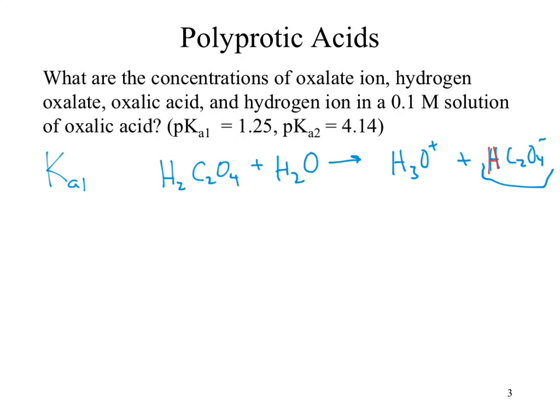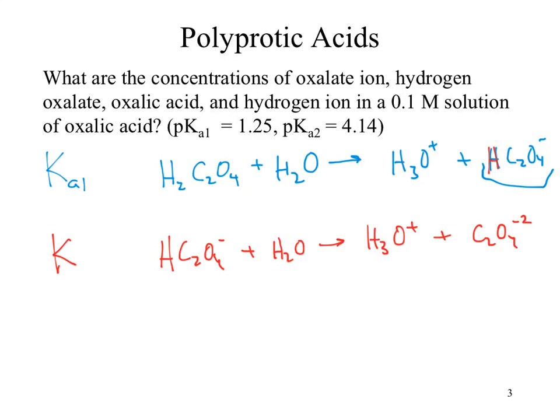So now that we've generated this hydrogen oxalate, we're still in a water solution, what happens? It can then react with water to generate more hydrogen ion and the oxalate ion. If we look at the equilibrium expression for this, using symbols, we would say this is K